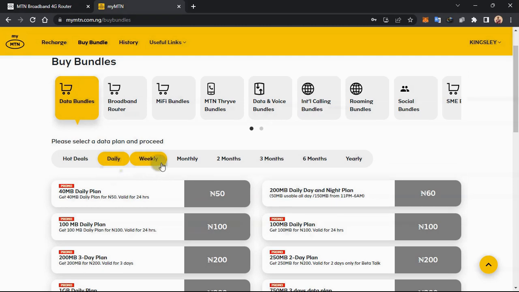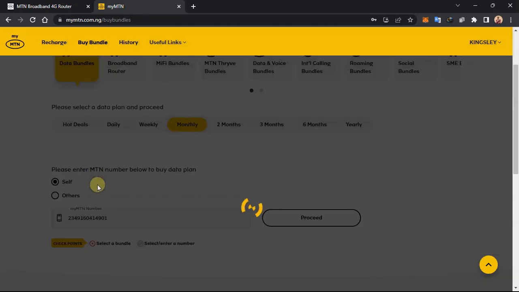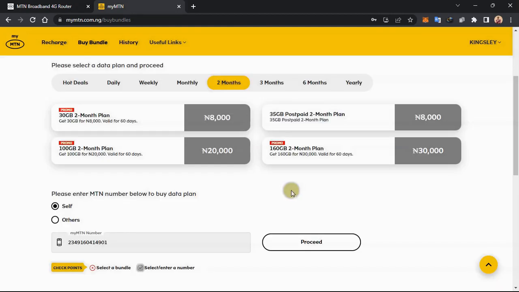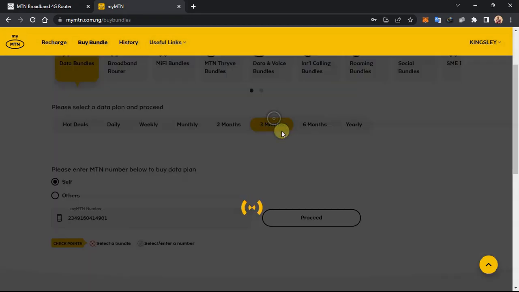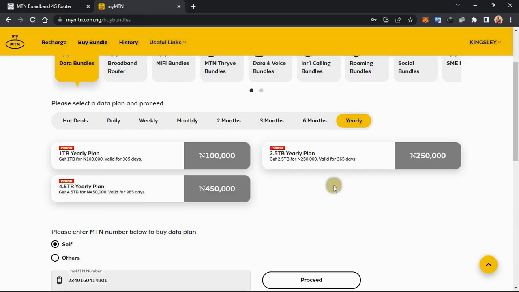So I've checked the size. These are actually monthly. You can choose on which one you want. Monthly data plan, 2 months data plan, 3 months data plan, 6 months data plan, and also yearly data plan, which you can subscribe. It depends on whatever you want. Then you can switch between